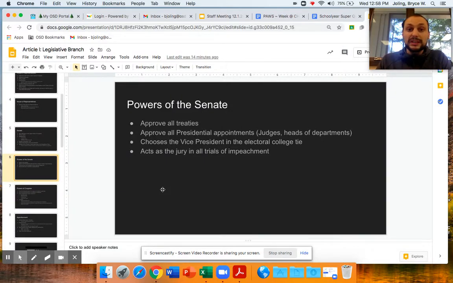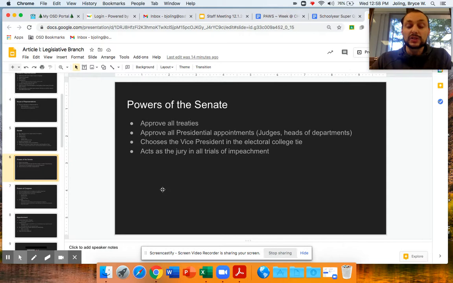In order to appoint a justice to a federal court, the Senate must give a hearing, and then they must vote, essentially saying, yes, we are allowing this person to hold this post. The Senate also chooses the vice president in an electoral college tie,